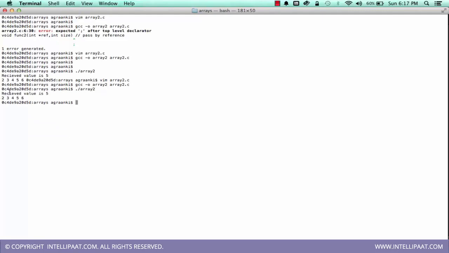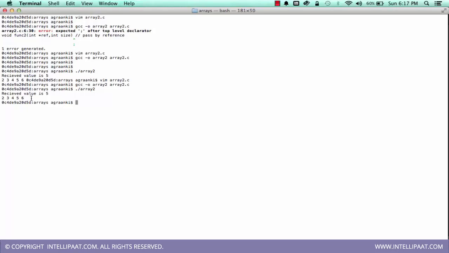Okay, so received value 5, this is func1. And this is func2, where in func1 we are passing the value of the fourth element of the array, and in func2 we are passing the entire array. So this is a very minimal example of how we pass the array into a function using pass by value